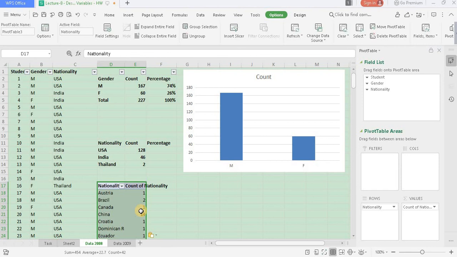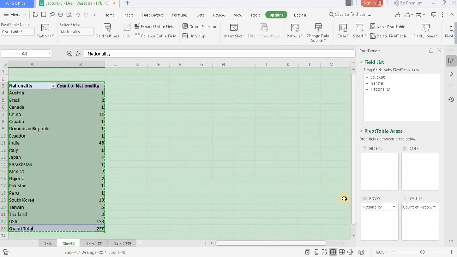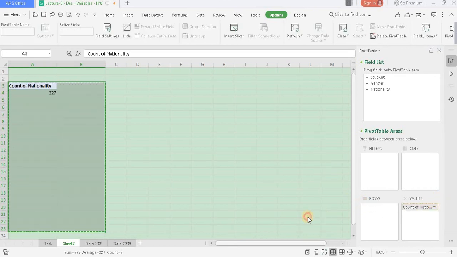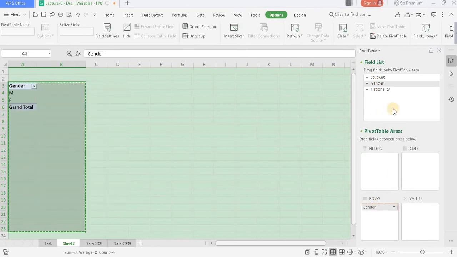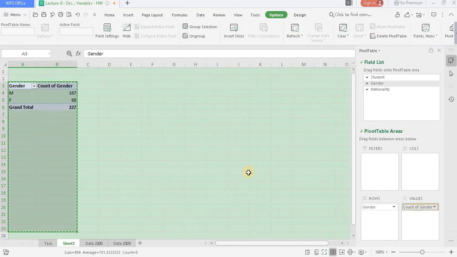Now the same thing can be done for gender. Let's try that. I simply drag gender, put it in rows, then drag gender and put it in values, and you can easily get the same result that we got using COUNTIF.